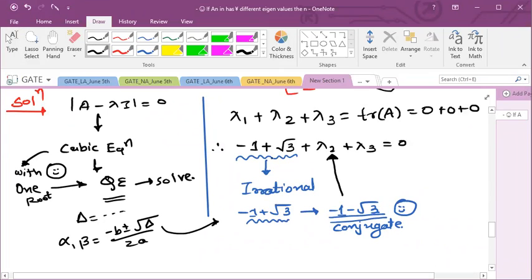So if you put -1 plus root 3 and -1 minus root 3 over here, plus root 3 and minus root 3 will get cancelled out, and -1 and -1 give minus 2. So if lambda 1 plus lambda 2 is giving us -2, then lambda 3 should be 2. So the other two eigenvalues are 2 and